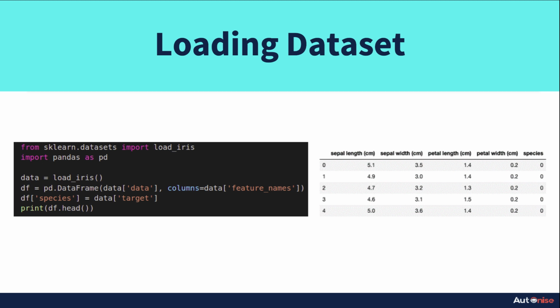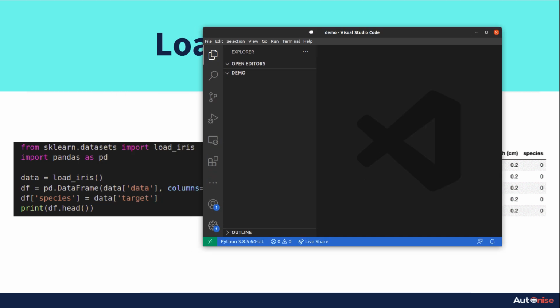Further in the video, we'll be following this iris dataset, and we'll be using sklearn to load this data and to use all those algorithms which we'll be learning later. So for now, let's start with seeing how we can load this data first, and then see what is in this data and how we can process it. So let's open our text editor here,